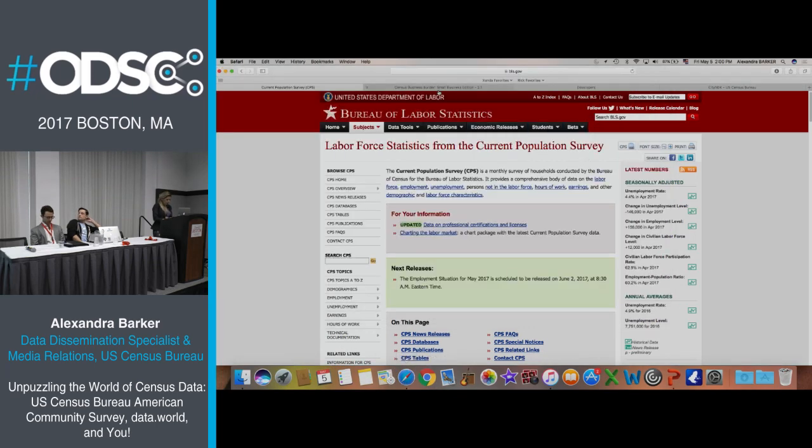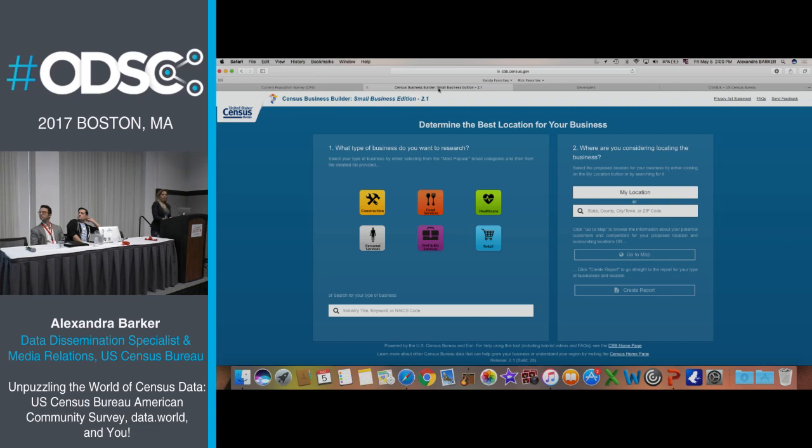So the reason I want to show you the Census Business Builder is that this is an application developed using the Census API. From the Census API, you use ACS data mashed up with our economic programs data, a data set about businesses. It is also mashed up with our Geo API for our shapefiles, our geographies. And we also included data we purchased from Esri. It's built on the Esri platform and is a great visual of things people can do because the API is free and available. You can go there and have fun.